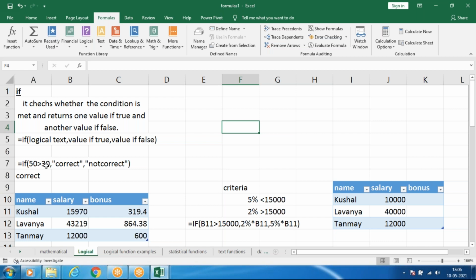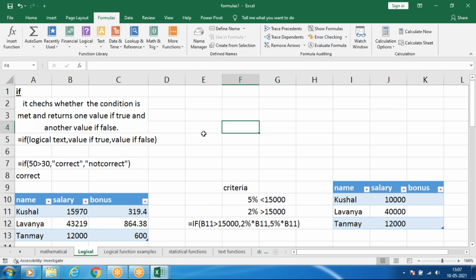When you're comparing, these are comparisons. Greater than or lesser than symbols are comparison operators. If it is correct, you give it as correct. You can use any words you like, not only true or false. But when you're using words other than true or false, you have to use double quotes. Within double quotes only, you have to type the content, the characters if you want to type.